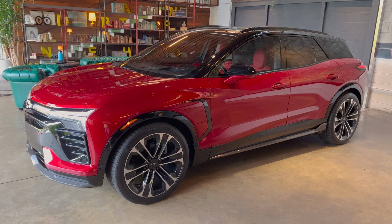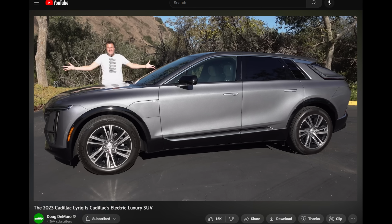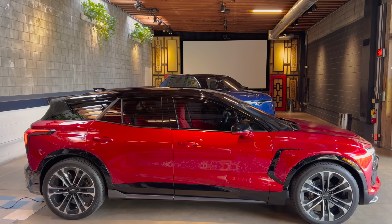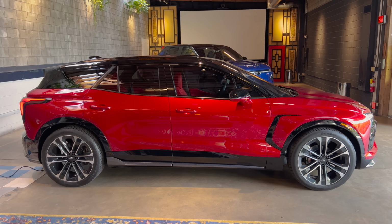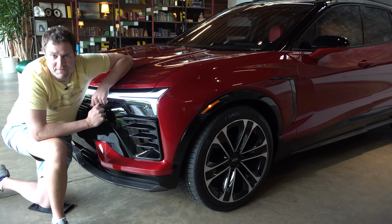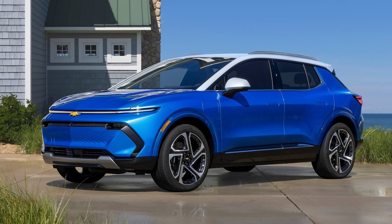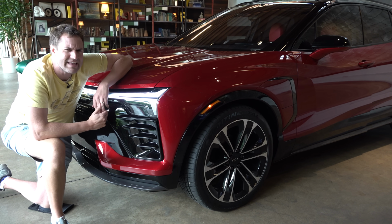The new Blazer EV shares its platform with the Cadillac Lyriq, which is Cadillac's electric mid-size luxury crossover. I've already reviewed that. This car rides on that platform, and it kind of stretches the Blazer styling a little bit to fit that platform, and so it's noticeably different from a standard Blazer when you look at it from the outside. Now, in terms of the platform, not only does the Blazer EV share it with the Cadillac Lyriq, but also with the new Chevy Equinox EV and virtually all other electric General Motors vehicles, and interestingly, the